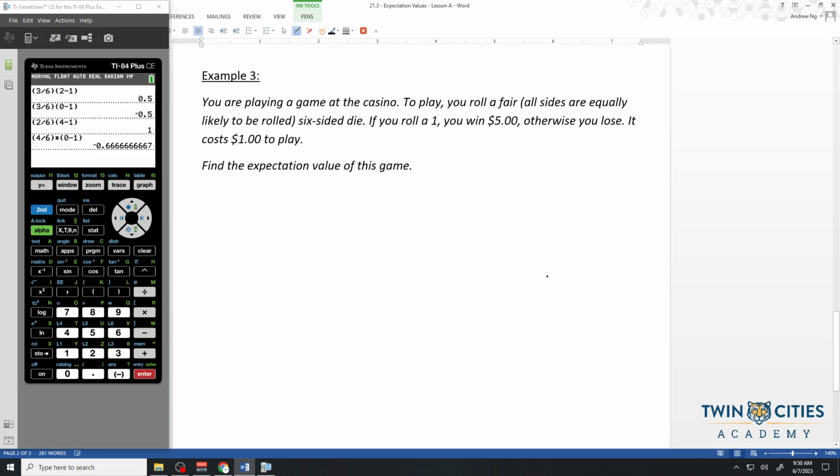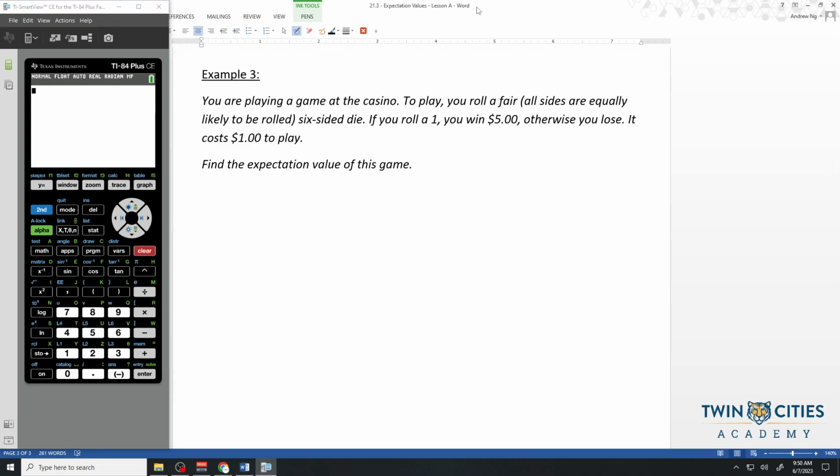And we'll do one more. If you're playing a game with a casino, you're playing to play, you roll a fair 6-sided die. If you roll a 1, you win $5, otherwise you lose. Okay, so what are all the things that could happen here? I could roll a 1 and I win $5. It costs me $1 to play. So let's write that down. The value of getting a 1,